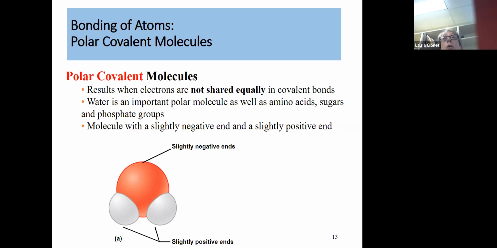We have unequal sharing of electrons between the participants in this molecule. And therefore it creates a polarity of charge around the molecule. You have positive ends and negative ends. Water is the most important polar molecule. It's the primary solvent of our body,